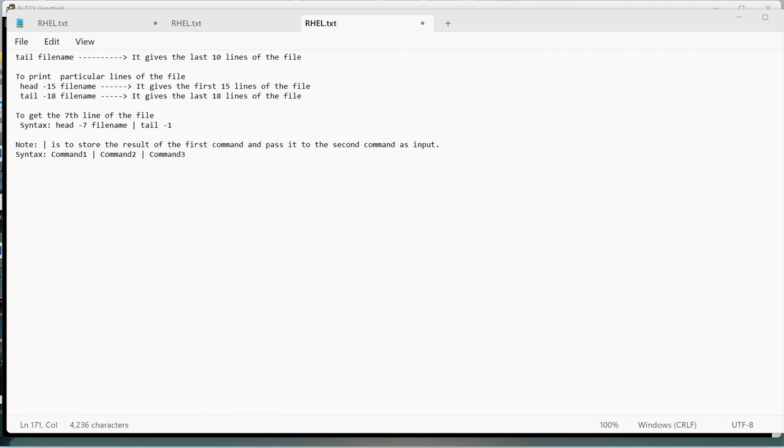Okay, and in the last class we have seen so many commands, like how to set the time zone of the server. Today we will see a few more commands. So today the first is